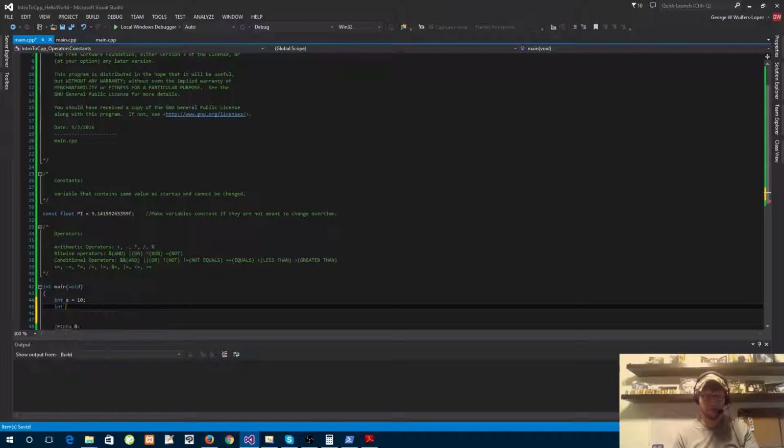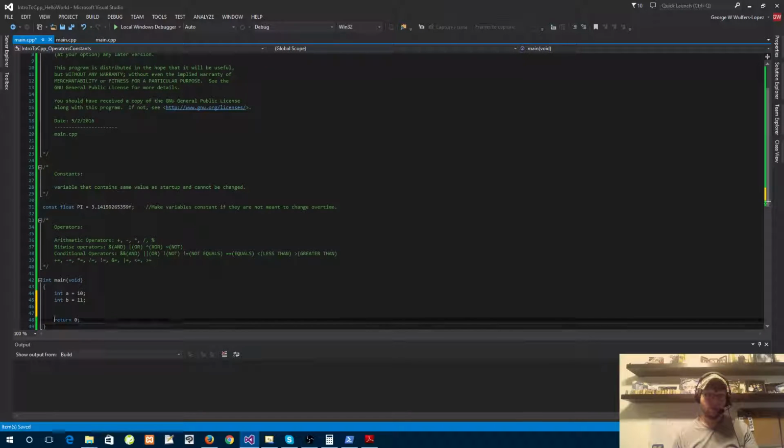And then we have B, and let's make it equal, I don't know, 11. So we use those operators if we're trying to compare something. And the way we do that is by if statements. So we're going to compare A and B